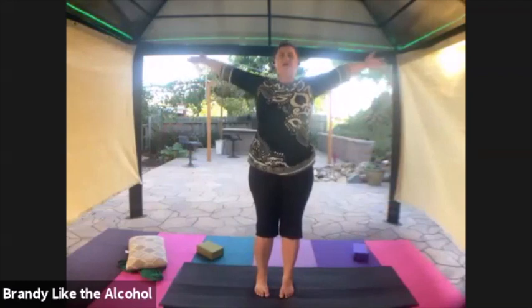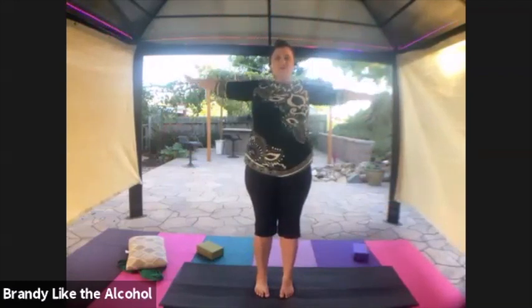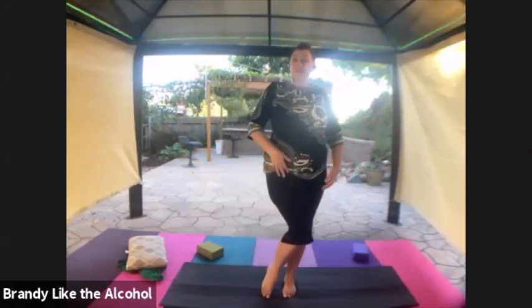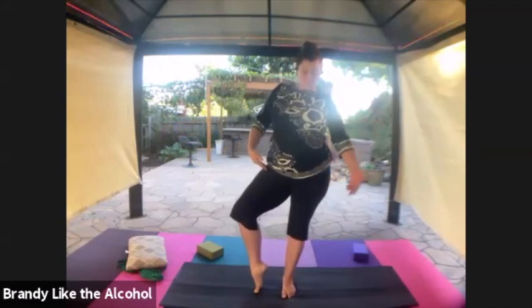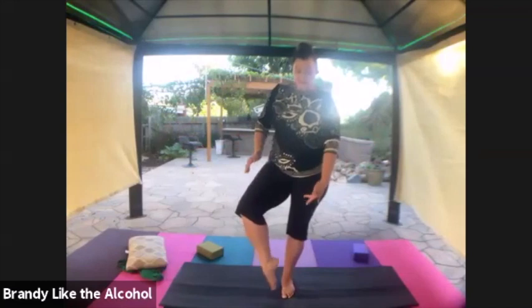Circle of flames about your body. As you exhale, release your arms down to your sides. You're going to shift your weight back over onto that right foot. Let your left knee turn out to the side and gesture towards that left foot if you like. You would do it with your left hand though. Go ahead, bring that left foot up